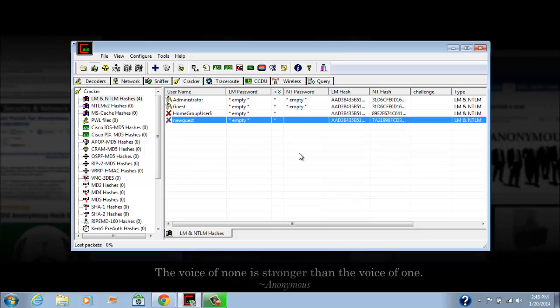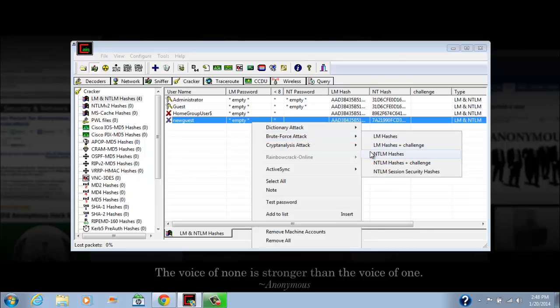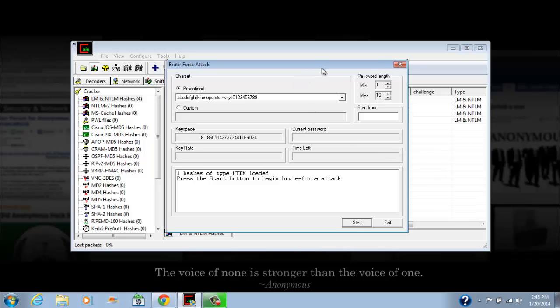If that's the case, then you want to go ahead with the brute force attack, which can take a lot longer, but is more efficient and will get the job done eventually. You want to hover over brute force attack, go to NTLM hashes. Once you're here,